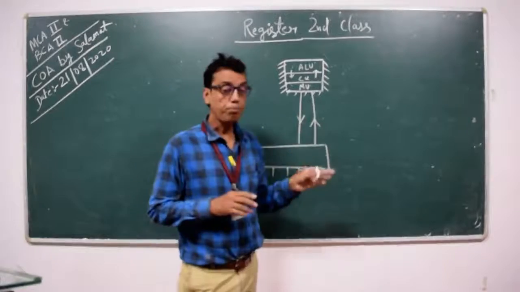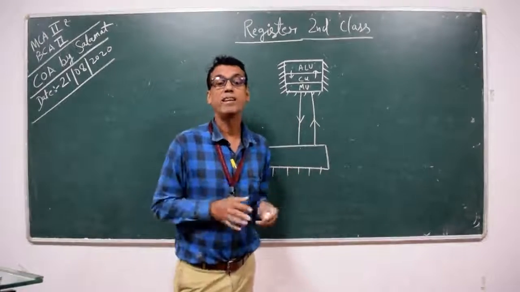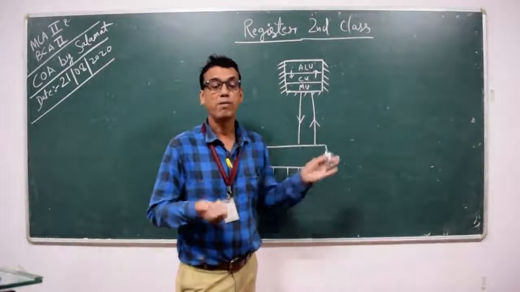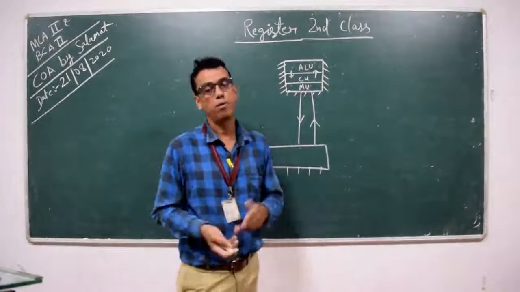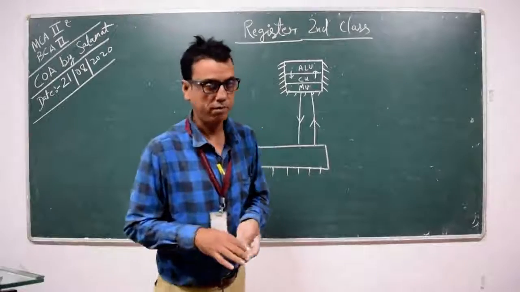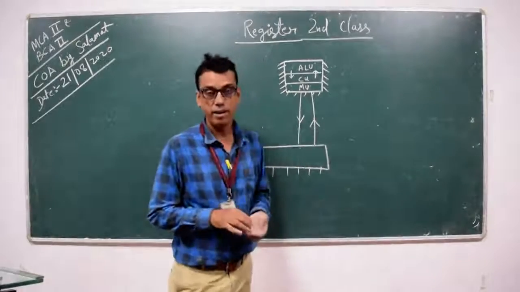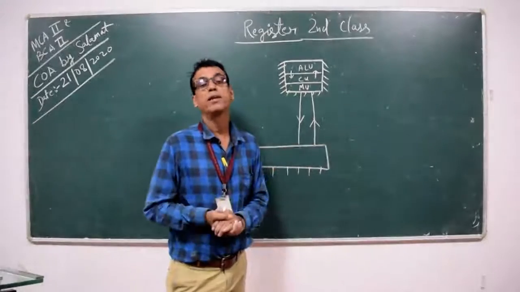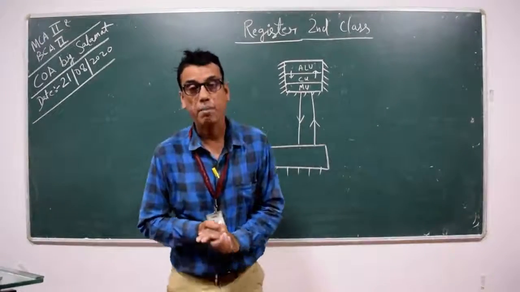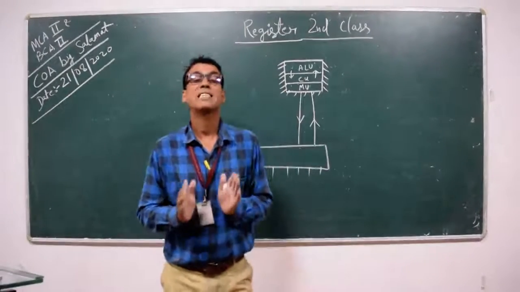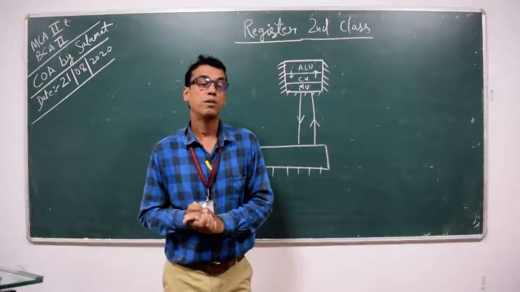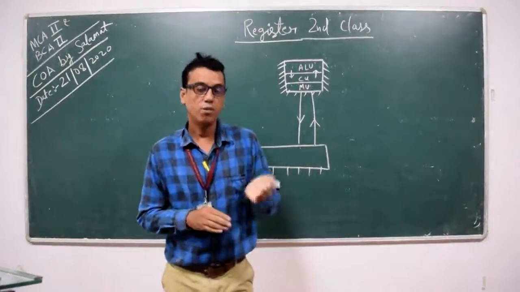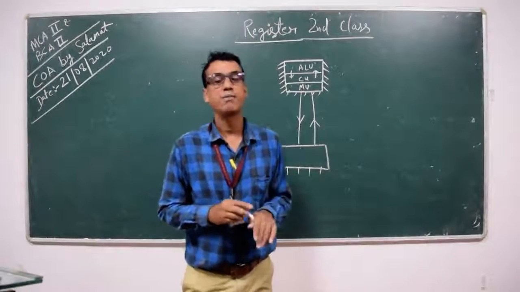These memories are divided into various types and purposes. It's not like a pen drive, hard disk or RAM, where every memory is available for any purpose. Here, we learned that types of registers are available, and the types of registers can be explained on various bases. The first basis was visibility. On the basis of visibility, the registers are classified into two types.